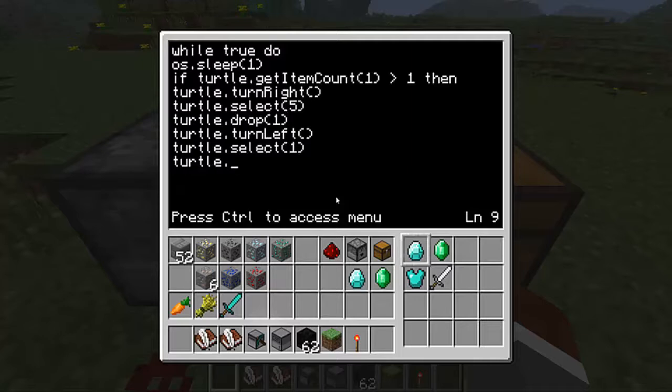Am I putting drop down? Yeah, drop, and then 1. Okay, and